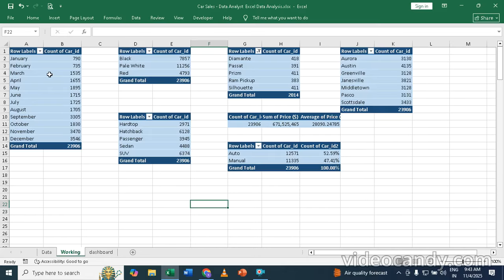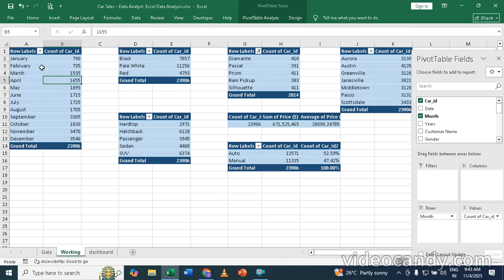First pivot table is there, no? This is your monthly sales. So what you can do is just click inside here anyway, and I would like to make a graph of this. Once you click over here, you can press this shortcut if you want, Alt and F1 from your keyboard. Or you can click on insert